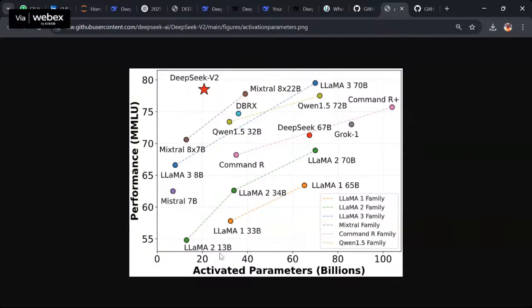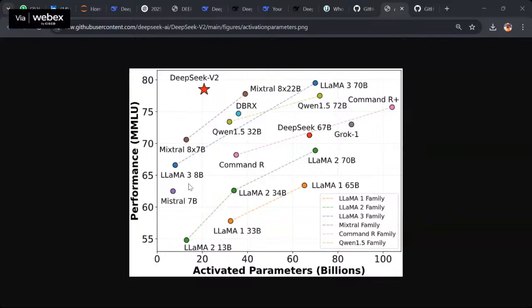If you see this, the DeepSeek model has been integrated with these families: Llama family, Llama 3 family, Mixtral family, and Qwen model. Do you see these models are trained with billions of parameters? So can anyone tell me what is meant by parameters, guys? What do you understand by parameter?